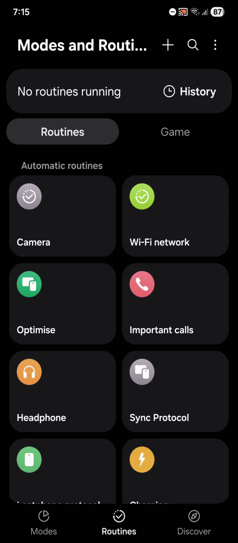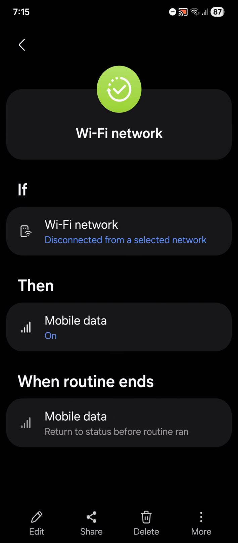So first of all, one of my favorites is the Wi-Fi network routine. What happens is that I use Wi-Fi all the time in my home, but whenever I leave the house, the Wi-Fi disconnects and mobile data does not turn on automatically. I keep the mobile data turned off. So what this routine does is that whenever it detects that the Wi-Fi has been disconnected, it automatically turns on the